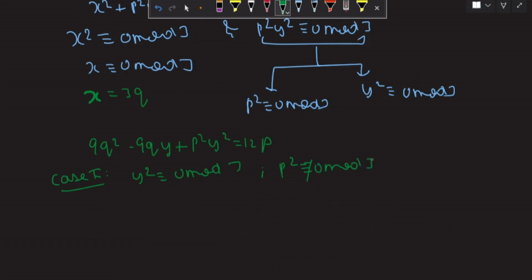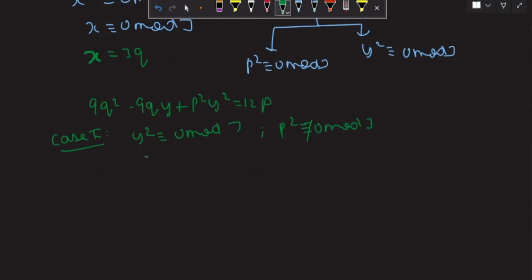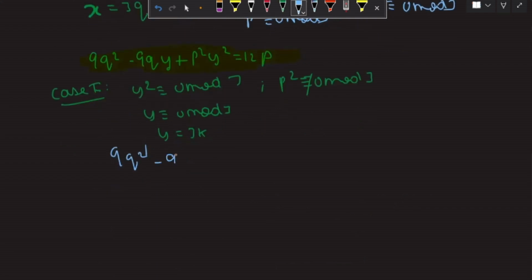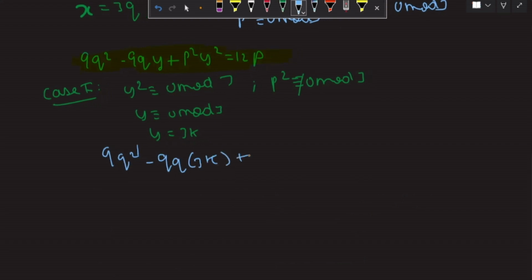Since y square is 0 mod 3, we must have y is equal to 0 mod 3. So we substitute y is equal to 3k in this equation. Let me highlight this. We substitute y is equal to 3k in this equation. So we get 9q square minus 9q into 3k, plus p square into 3k square is equal to 12p,